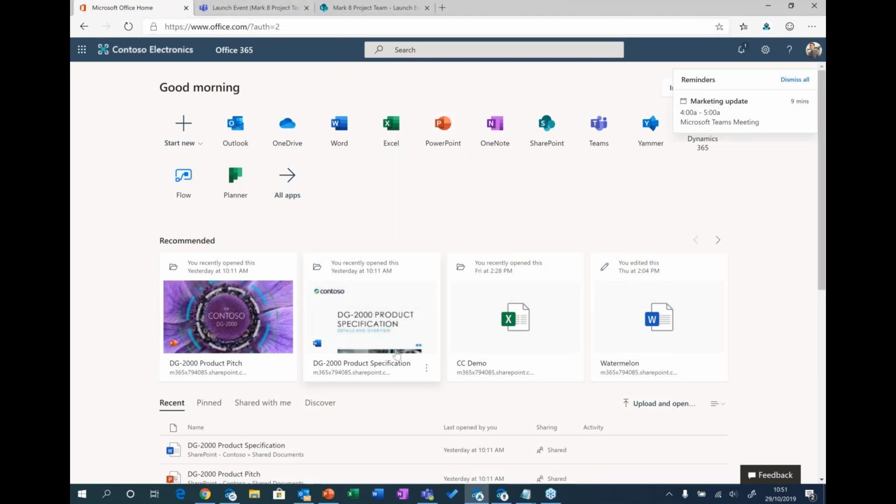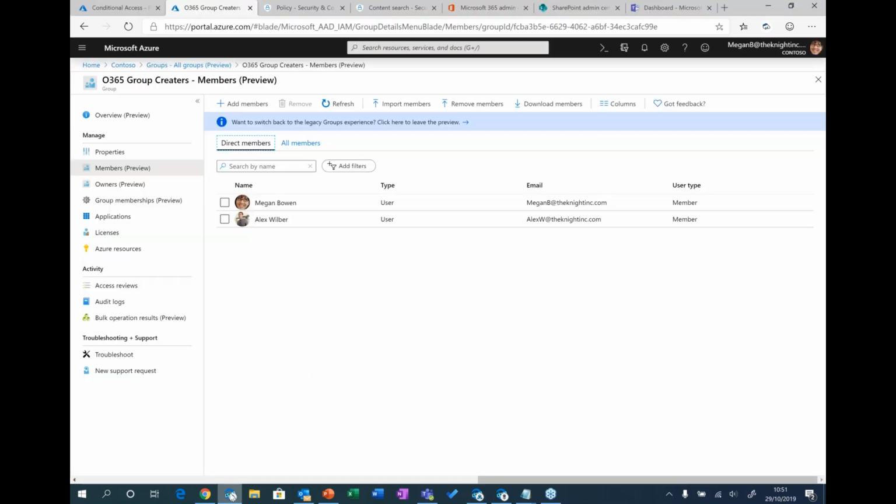The other thing you might want to think about when looking at creating teams is how do you manage the naming convention around teams. What happens after a certain amount of time if you want to expire teams automatically? Is there a way to do that as well? So there are some other settings that you can set up and configure as part of group creators or group management. So if we go back to